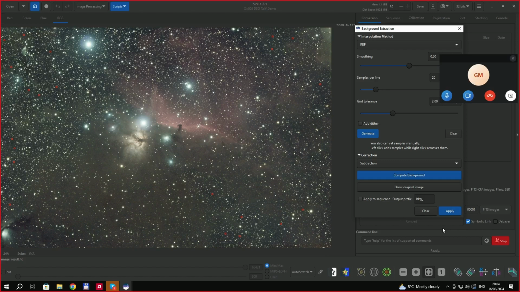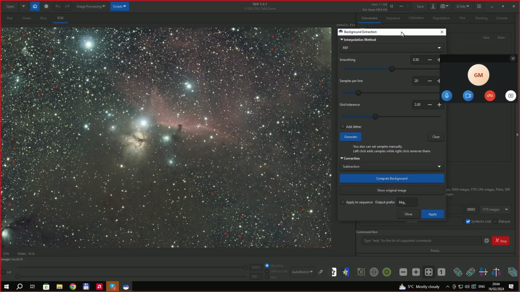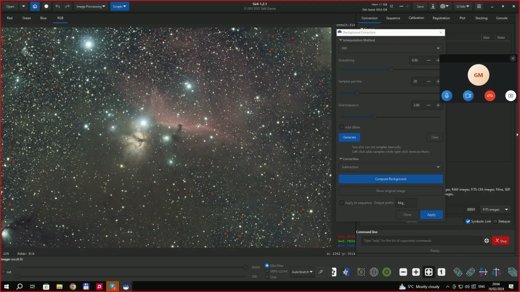But I will show you an even better method to do that, using another software which uses AI to do the job for you. But anyway, if you don't want to use AI, then in pictures where there is a lot of nebulosity, it's now much better because you can use this RBF with far fewer points. You can see it did quite a good job. Anyway, you can always add more after the picture is clearer and then improve even further, compute background,